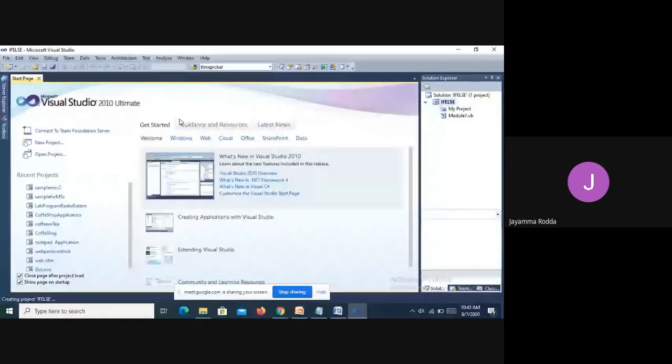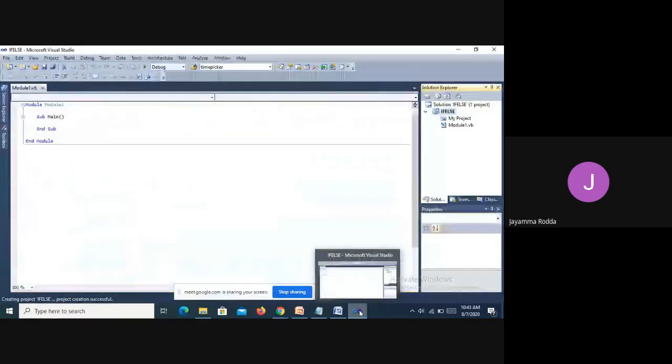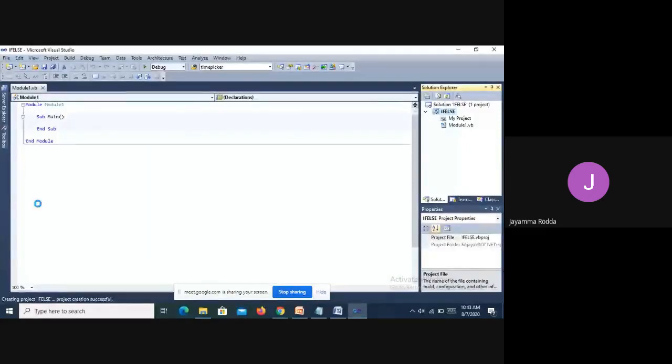It is taking a little time. Okay. So this is the console mode of Visual Basic, in which the module is predefined. See, it is the start of Module1. Our console applications are divided into different modules. This is the first module we are developing in Visual Basic, so that is why Module1.